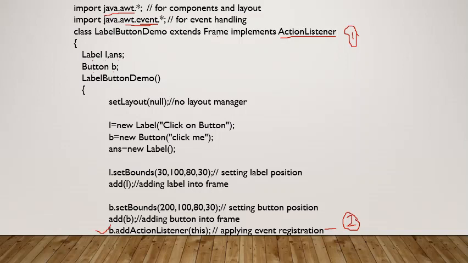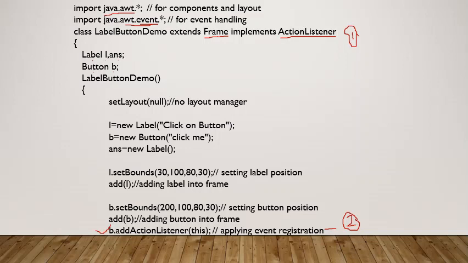Now, how do we place these components in a container? Frame is our container, but how do we place the components in the frame, and at which position? For that, we need to set the layout for all the components. As we are inheriting the Frame class here, the default layout of the frame is border layout.